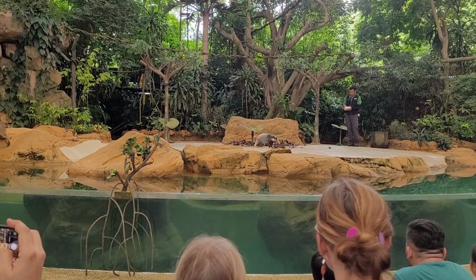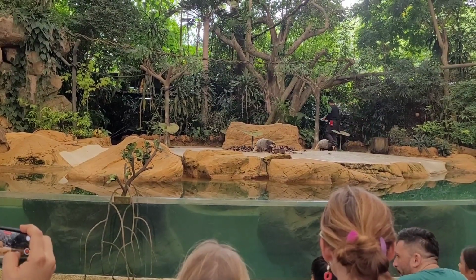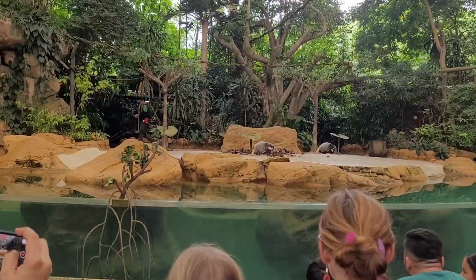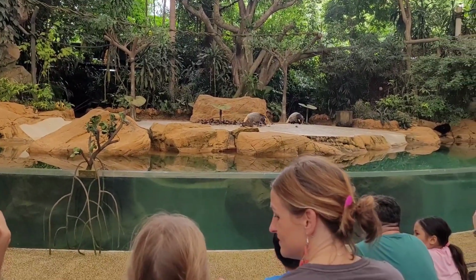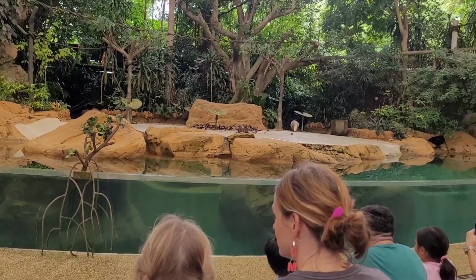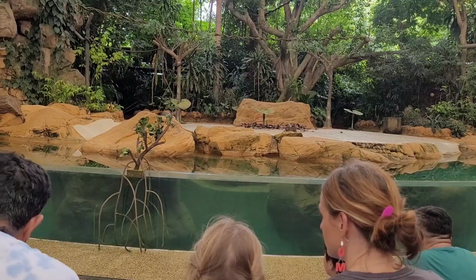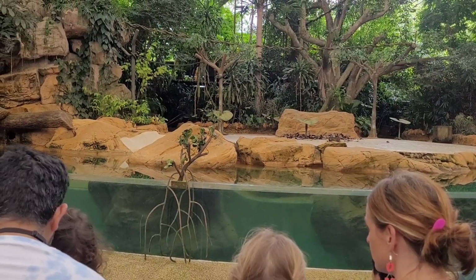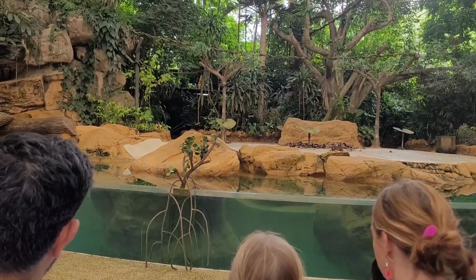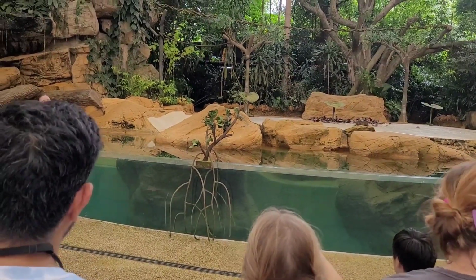Now the greater hog badgers are in the mustelid family, so their closest relatives are weasels, otters, and skunks. They eat fruits, insects, and small animals. Although not very much is known about the hog badger, one of the things that we definitely know is that they're currently listed as endangered in the wild due to the loss of their natural habitat. Because, of course, of mankind, we're responsible for pollution, deforestation, global warming, and also the illegal animal trade. So now it's time for us to take a stand, time to